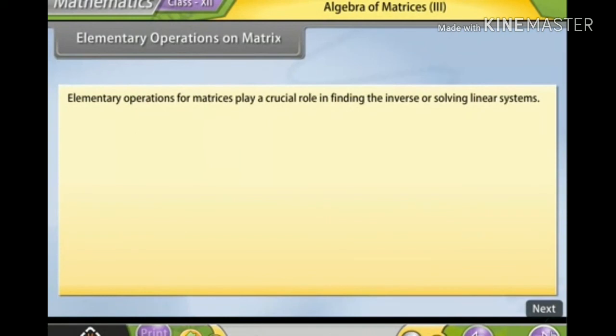Elementary operations on matrices. Elementary operations for matrices play a crucial role in